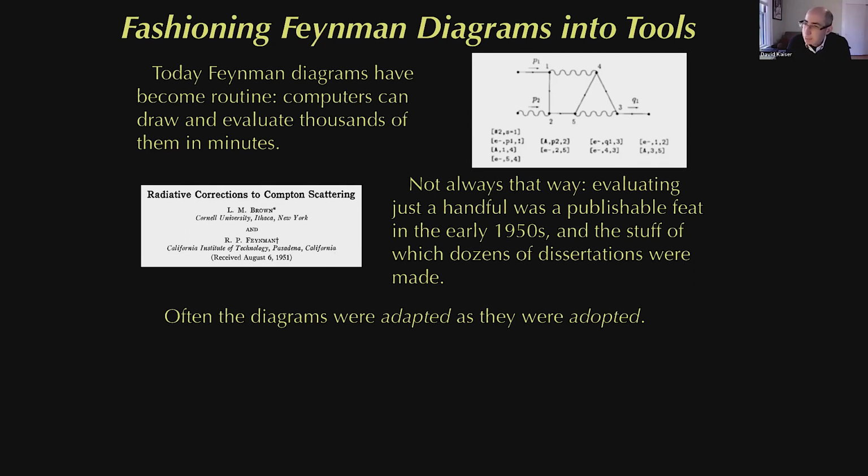In fact, they were kind of suspect, at least to some people, for quite a while. And as I mentioned already, they're kind of single use. The fact that now you can train computer algorithms to evaluate these things unambiguously, that again took quite a while to kind of settle into place.